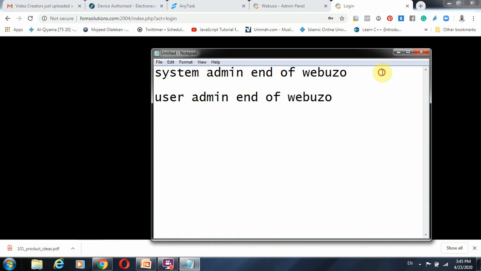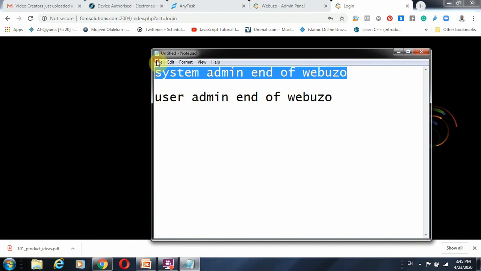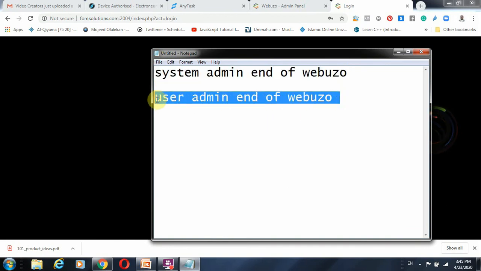Basically, if you use port 2004, it's going to take you to the system admin end of Webuzo. However, if you use port 2002, it's going to take you to the user admin end of Webuzo.